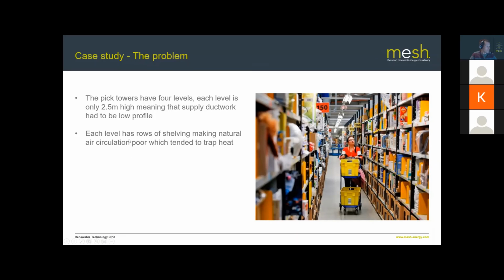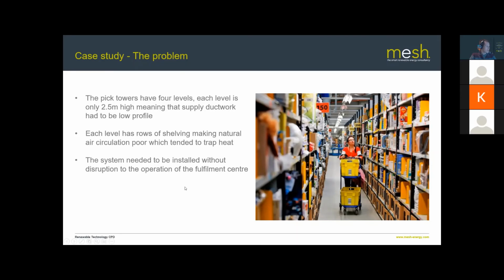Each level within the PIC tower has shelving, and you can see in this photo this is quite typical of what the inside of a PIC tower looks like. You've got these shelves that are pretty narrow, pretty closely spaced. There's obviously a top level because you can't see a ceiling on there, but typically there'll be a ceiling on top of this as well. So you can see these corridors, you don't get very much natural flow of air, so they tend to trap